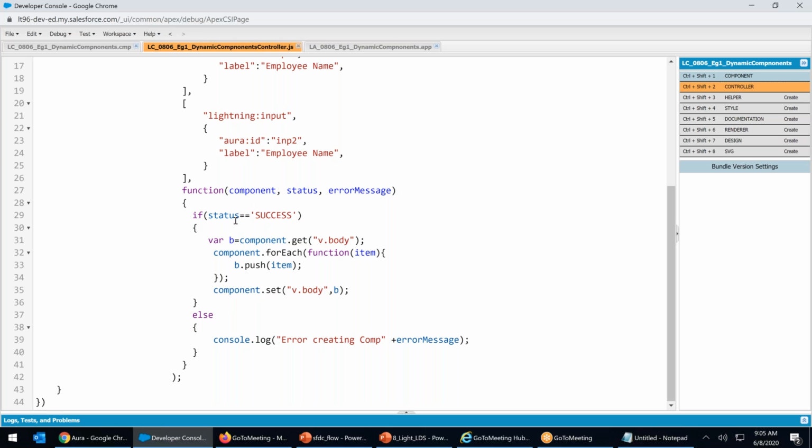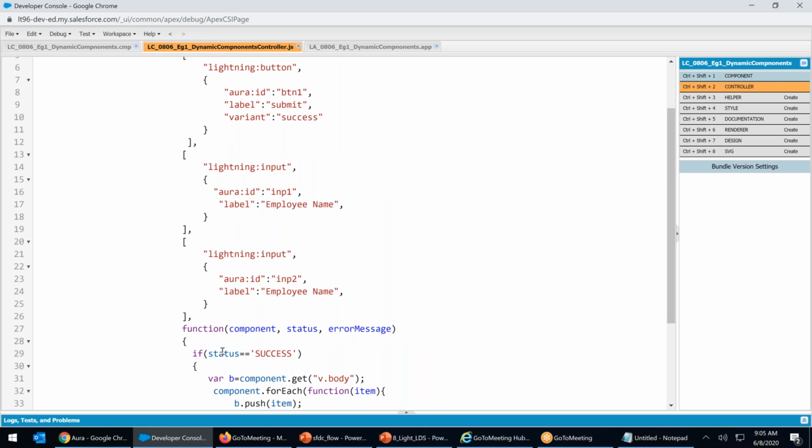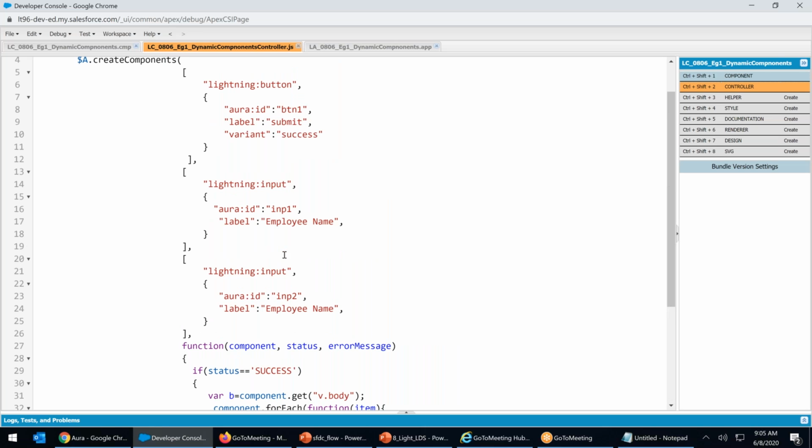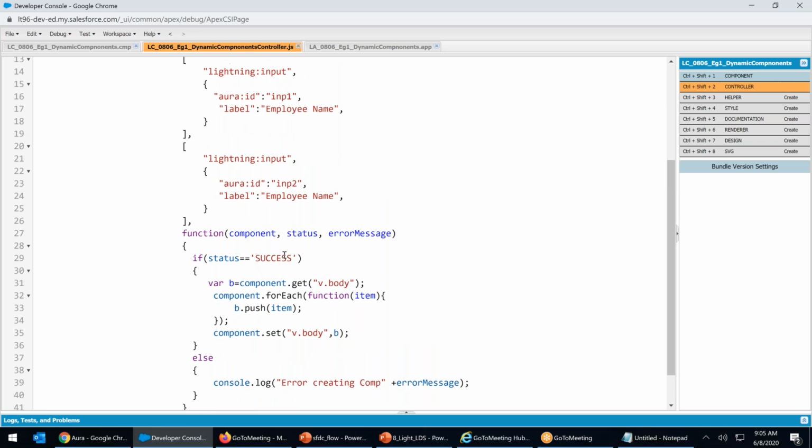Else, if the status is not equal to success, then we have this log. Closes. Any mistake anywhere? I'm not able to see any comma anywhere. Do you think we have missed it?